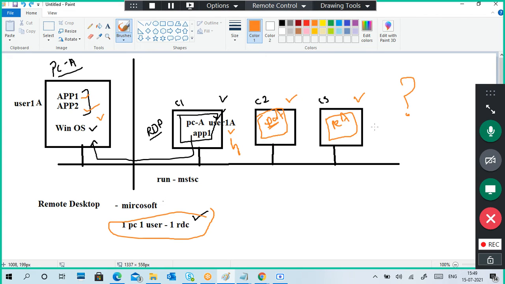So what happened? The rule is one connection, one user, one PC type rule, but the same PC wants to be accessed by multiple users, meaning from multiple computers. What to do?